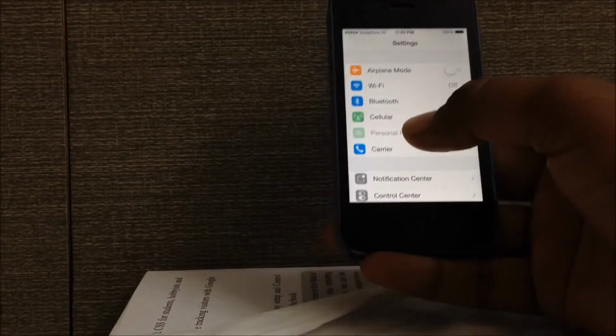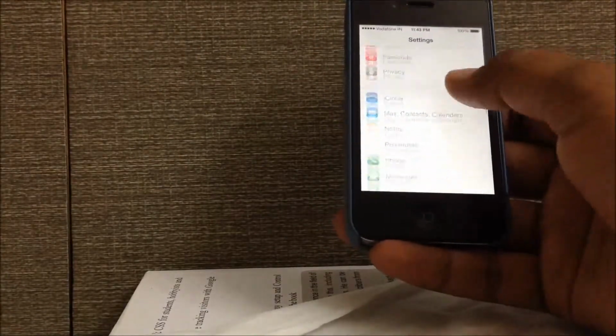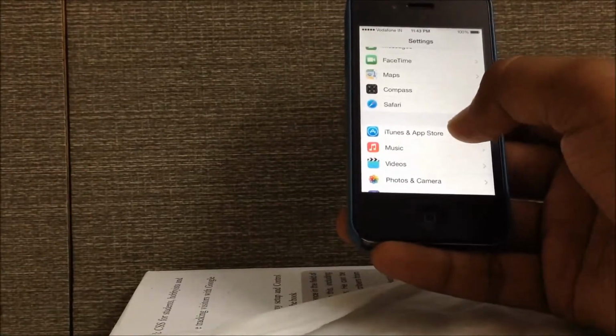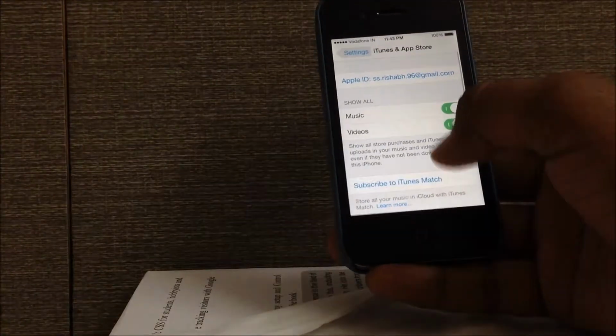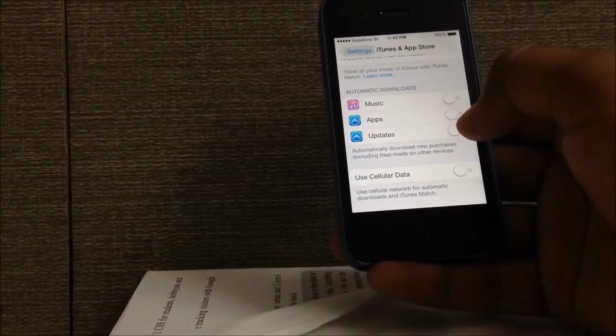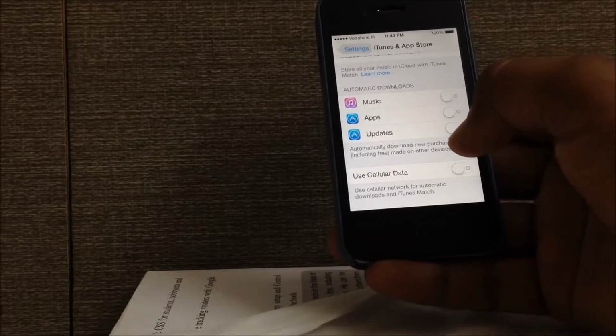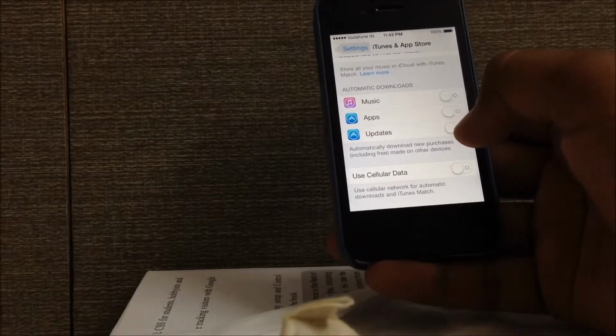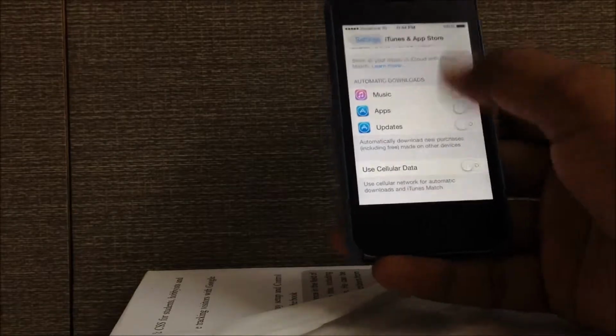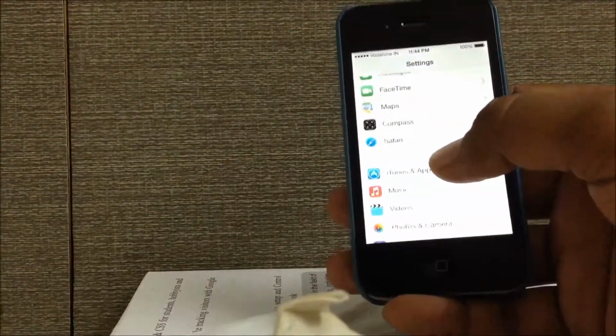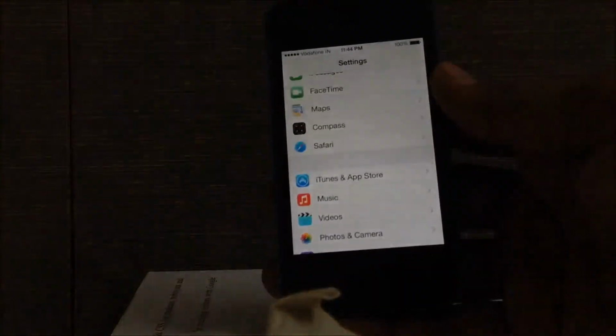The next thing is to turn off the auto updates of the applications. Since you are an Apple iPhone user, it is very annoying to see new upgrades every day and your phone automatically updating those applications. So simply go to the option in Settings which says iTunes and App Store. Let me focus it.